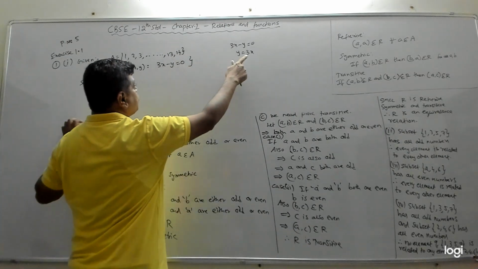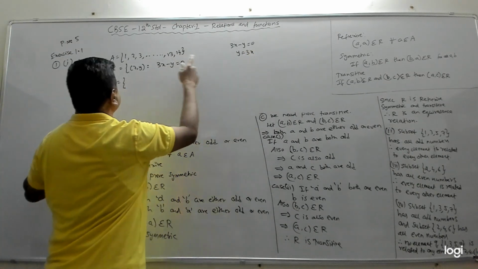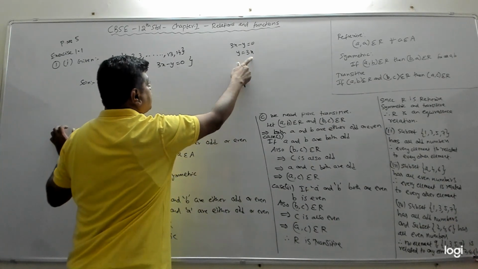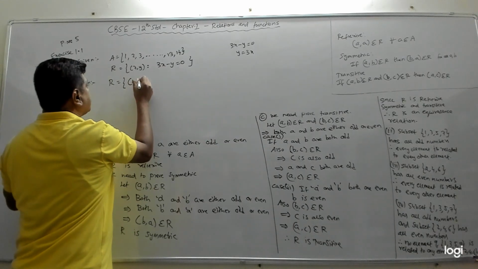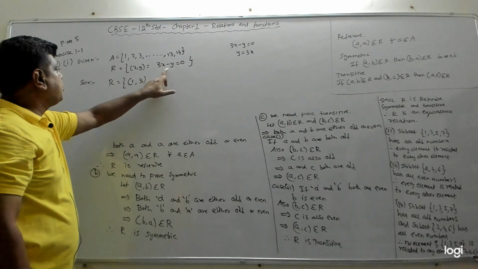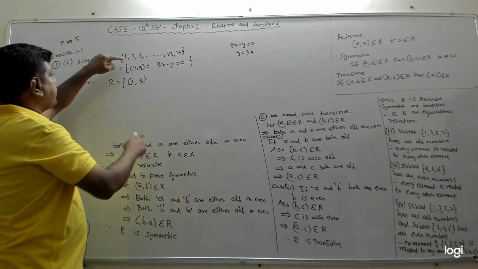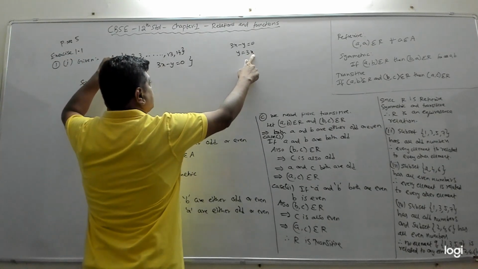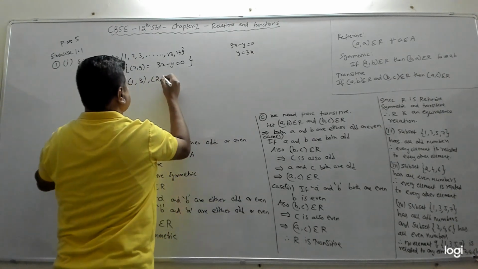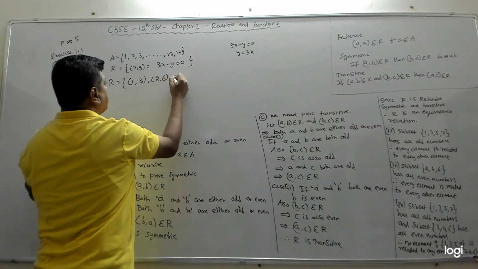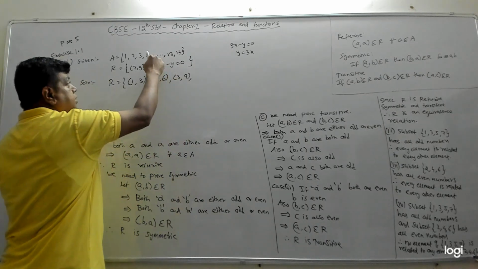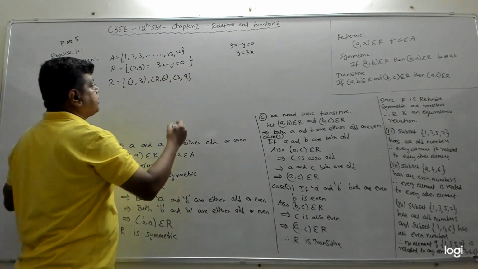What we'll do is substitute values for x. X's starting value is 1. When x is 1, y is 3. So 1, 3 will be in this set because it satisfies this condition, 3 into 1 minus 3. Then put x equal to 2. When x is 2, y becomes 6. So 2, 6 will be in this set. When x is 3, y is 9. Both these elements, 3 and 9, should be in this set. That is important.